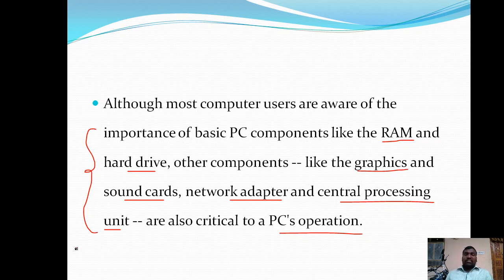Okay, so such kind of things we are calling the configurations. Okay, so all are important to function your computer effectively.